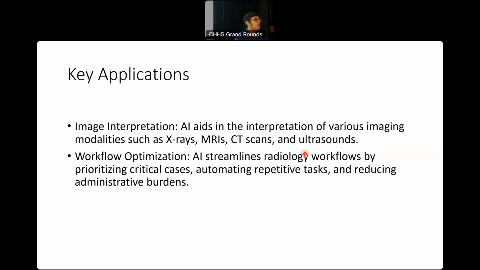One area which was really good for AI, which a lot of the private providers are using, particularly the online ones like Everlight and IMED, who do a lot of online reporting with massive lists of reports, is that they use AI to help prioritize cases up the list. They have tools which identify intracranial hemorrhage and pulmonary embolism, and bring those to the top of the list so the radiologist knows the most important next study to report. There are a lot of AI companies using that online information from these providers, because they have access to a huge data set of images.